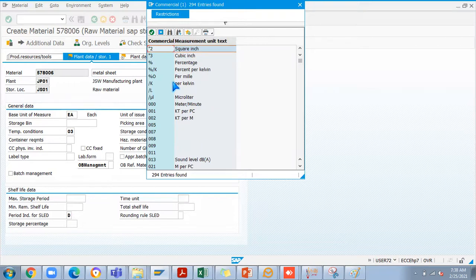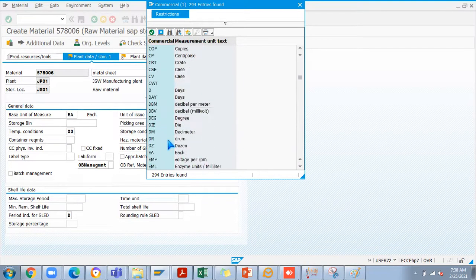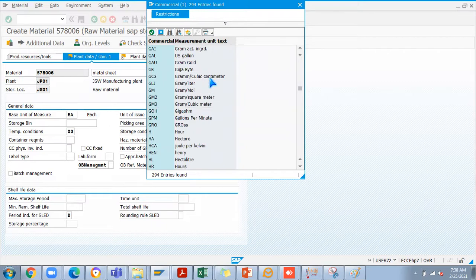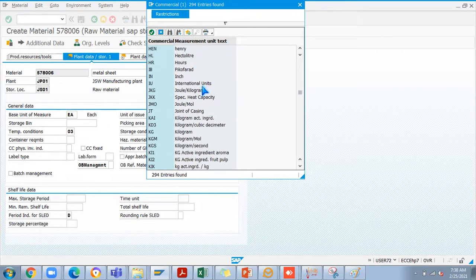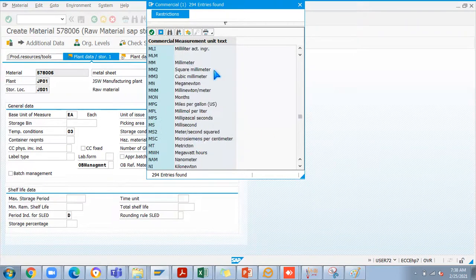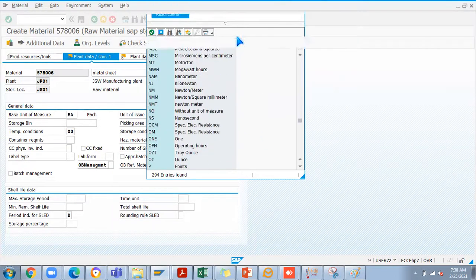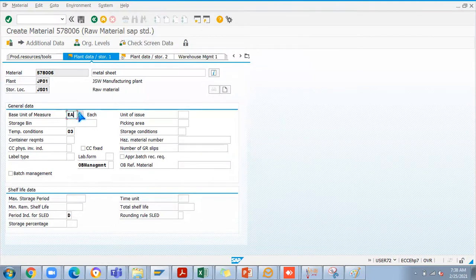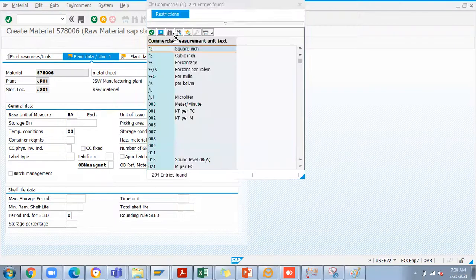In the SPRO screen you can go and make the changes, then it will appear here. Simple. If any business looks for a new unit of measurement, you can create the unit of measurement, and it will reflect in the screen when you click on the drop down option. I can say F4; when you press F4, this will come.